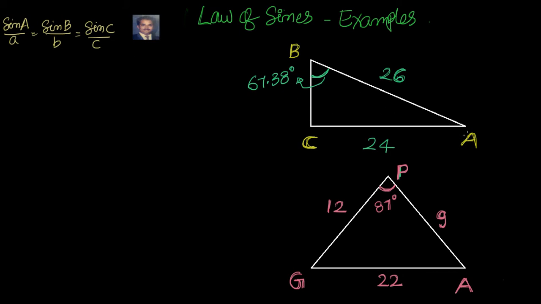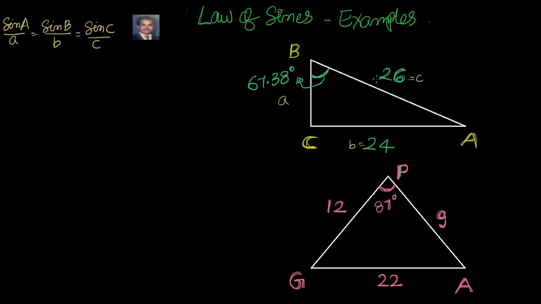You have a triangle with sides AB, BC, CA or vertices A, B, C. If you look at the angle A, how is the angle A formed? If the angle A is more, this length becomes more. If the angle A is less, this length becomes less. So sine of angle A divided by the opposite side of capital A, that's nothing but BC, which we call here small a. Similarly, opposite to capital C, we call it small c. Similarly, opposite to capital B, we call it small b, right?